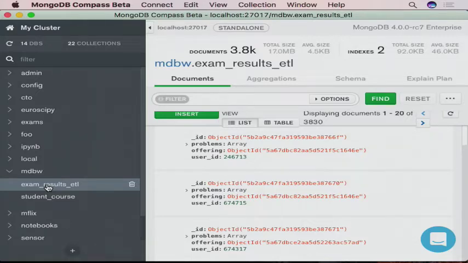So, this is MongoDB Compass. This is an overview of all of my documents. As you should have learned in the previous tutorial, or if you've used MongoDB before, you know that a document looks